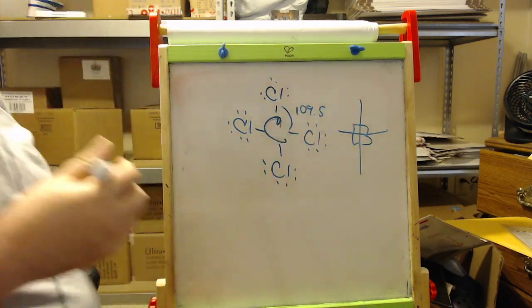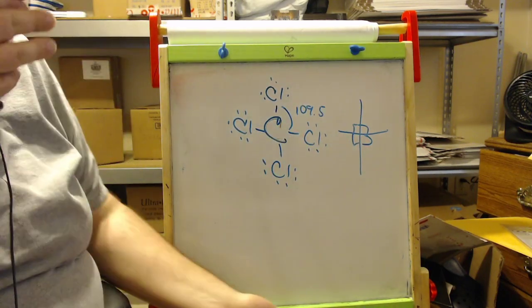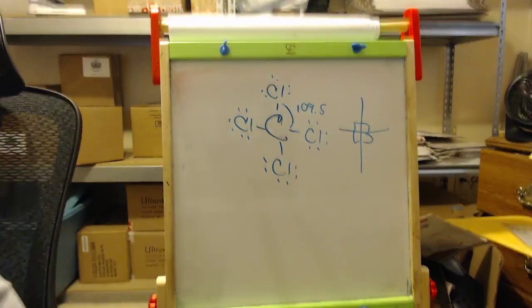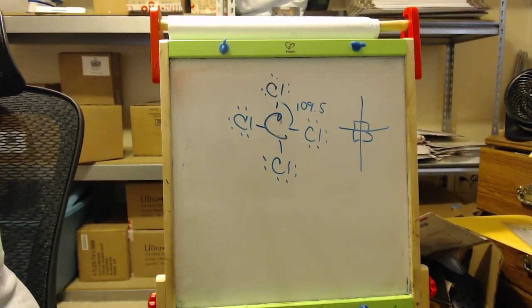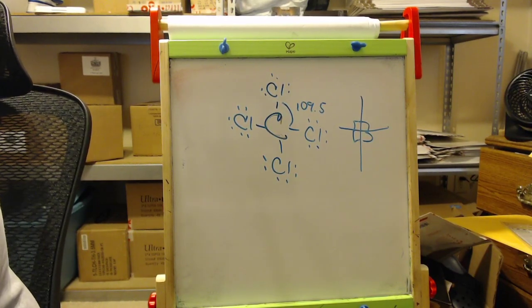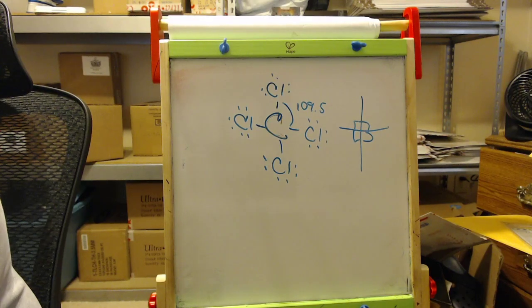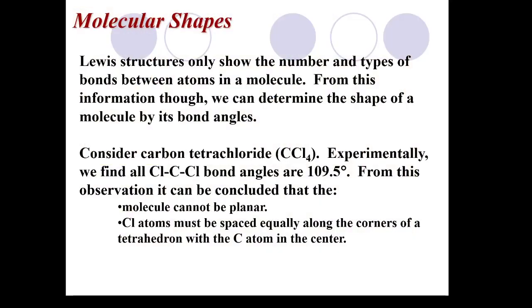The reason is that the electrons are repelling each other, and since they repel, they cause instability. So our molecules stretch those out as far as they possibly can without putting extra strain on the central atom. So in reality, the carbon tetrachloride bond angle is 109.5 because what it forms is not a cross but a tetrahedron.